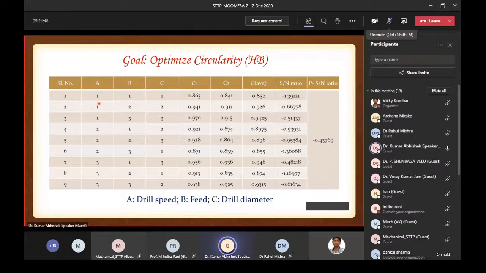In order to find which factor is important, you could go with ANOVA, but in the Taguchi method ANOVA is not preferred for determining which factor is significant or insignificant, because in the Taguchi method only the main effect plot, the main effect of the factor, is considered, and the interaction effect is assumed to be